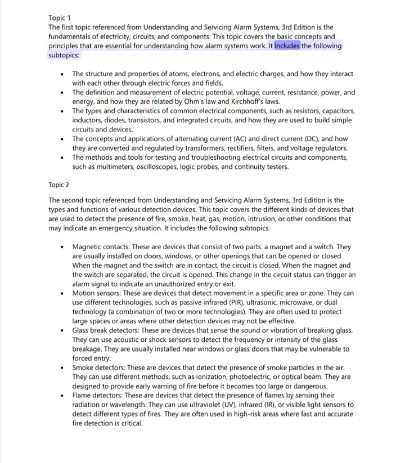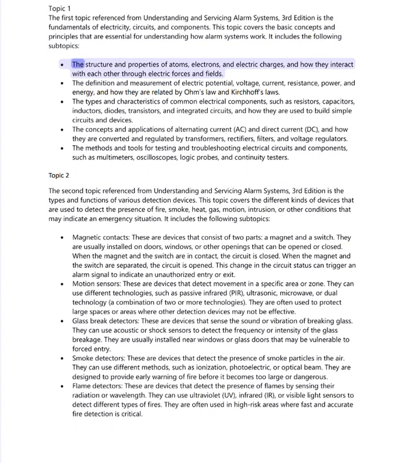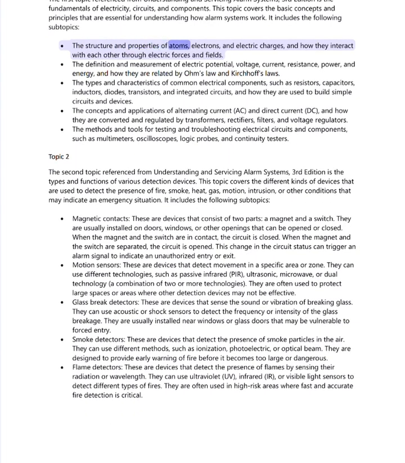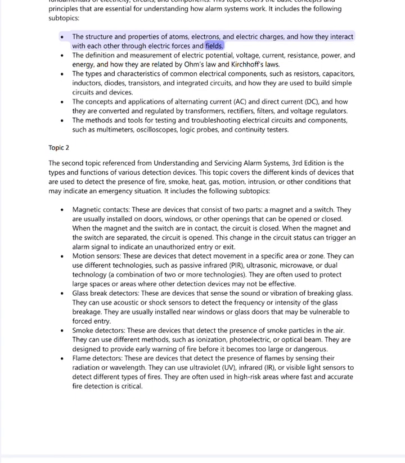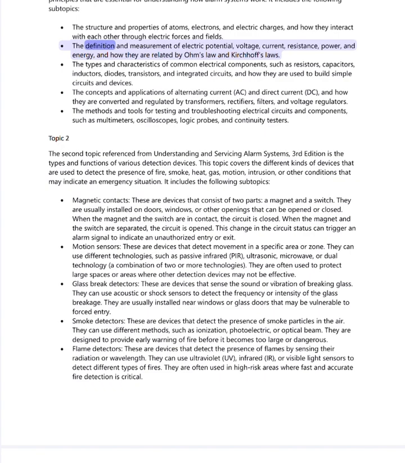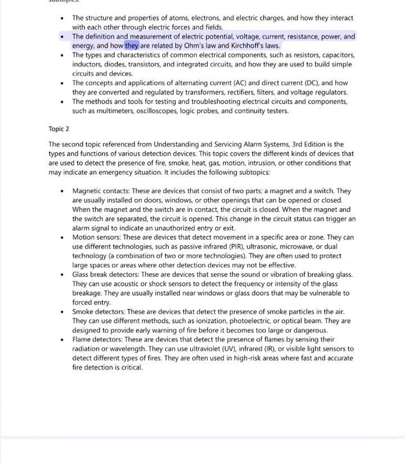It includes the following subtopics: the structure and properties of atoms, electrons, and electric charges, and how they interact with each other through electric forces and fields. The definition and measurement of electric potential, voltage, current, resistance, power, and energy, and how they are related by Ohm's